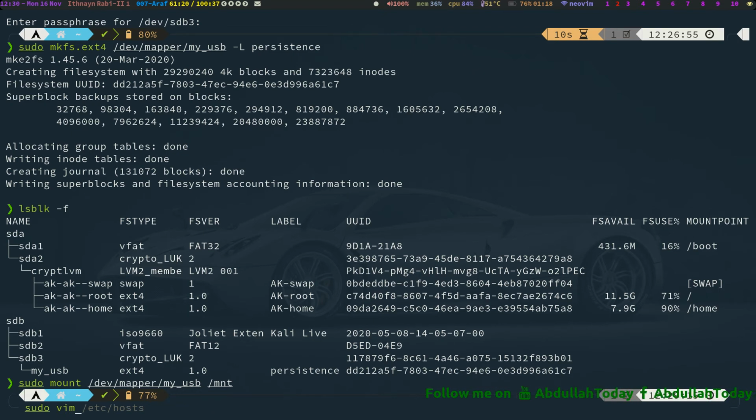I am using vim for this one. Let's use nvim. Vim will create some problems because I am using nvim, and nvim has some problems with vim swap files.